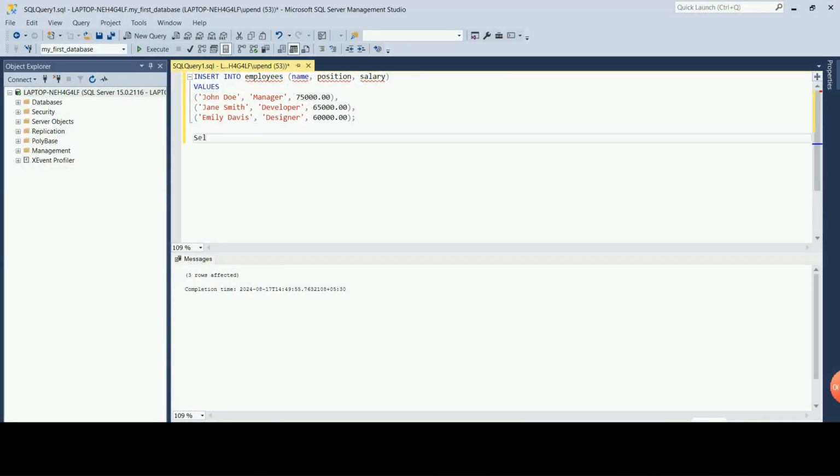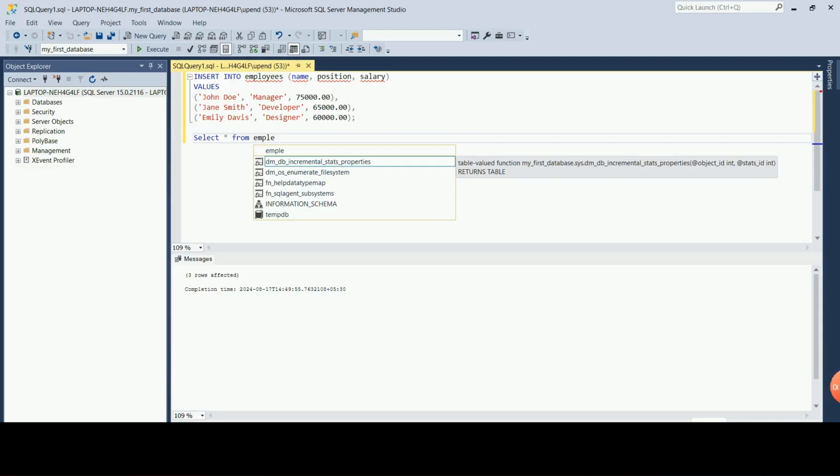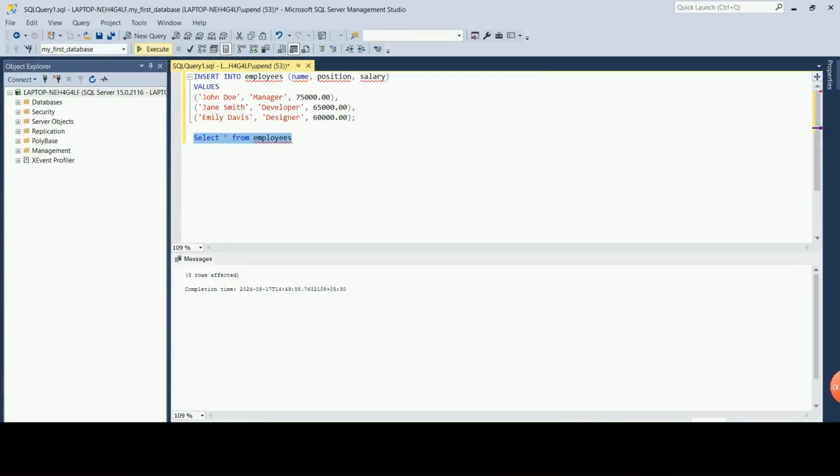Now that we have data in our table, it's time to retrieve it. The SELECT statement is used to query data from a database. Let's see how it works. A computer screen displaying a simple SQL query using the SELECT statement, with the output showing the results in a tabular format. Sample code: SELECT * FROM Employees;